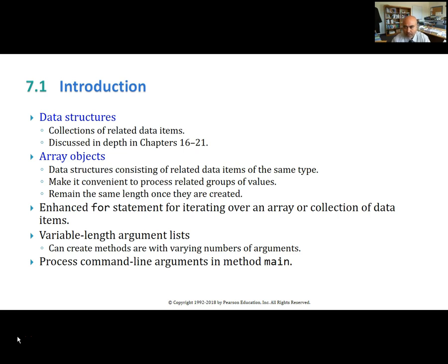So first of all, arrays, in here we are referring to data structures. So far in some of the previous chapters and examples, we have created variables if we wanted to store some values, and then with those stored values we can apply some kind of logic to process them. So if I were to store the values of 4 grades, then I would have to define 4 separate variables